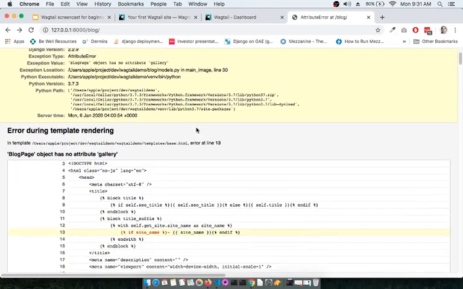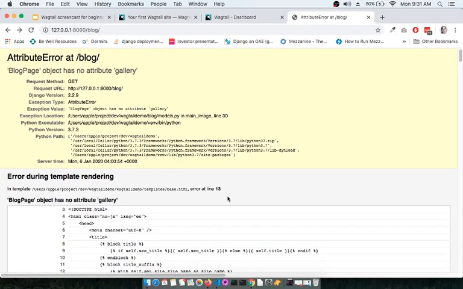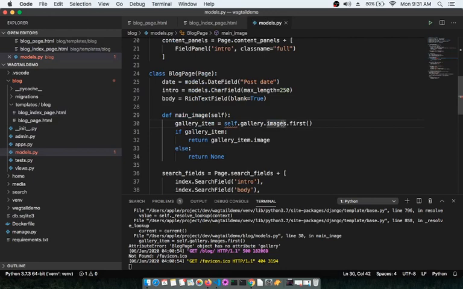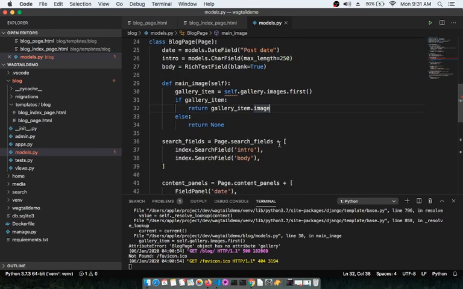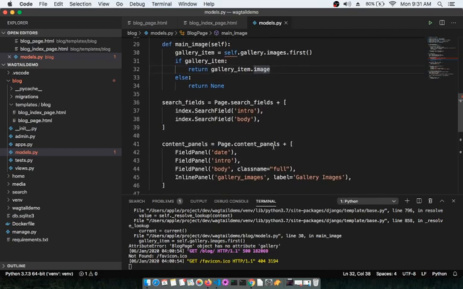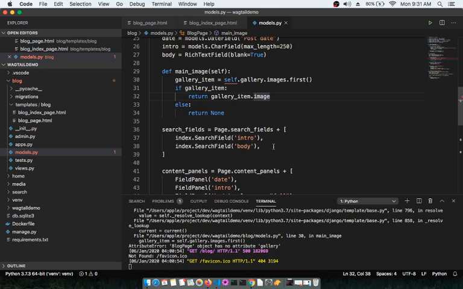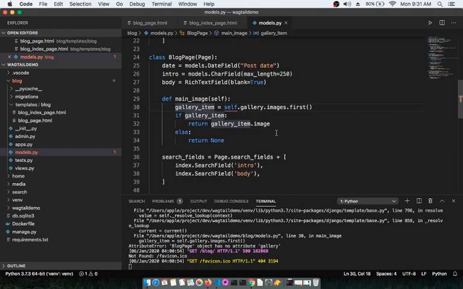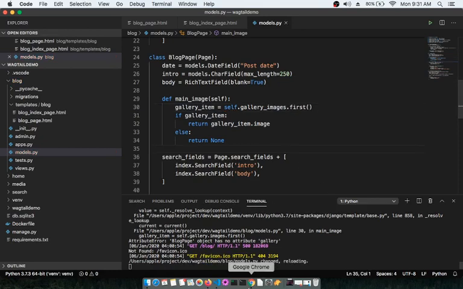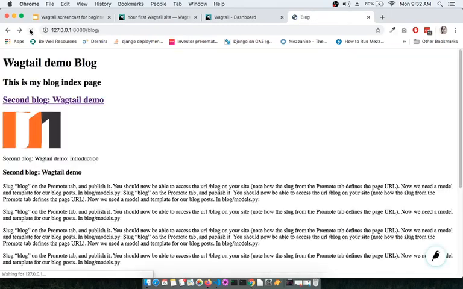So then on line number 30, go to the models.py, and here line number 30 it says gallery underscore item, and then here we are calling, so here in the content panel also I think we have this one, and then gallery underscore item self dot gallery underscore image it should be, and then make sure the server is running, and let's refresh this, and now it's working,